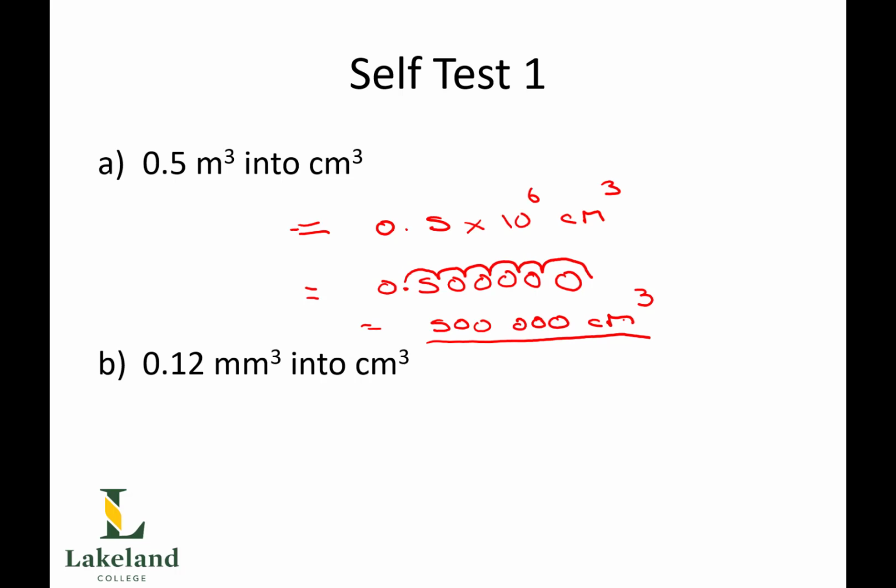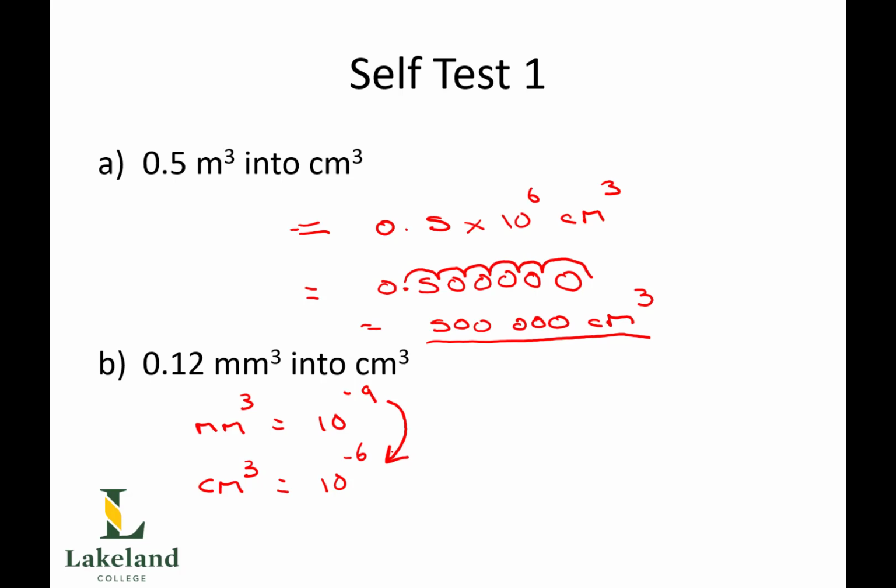For question B, 0.12 millimeters cubed into centimeters cubed. So first of all, how far is millimeters cubed in terms of our exponential? Well, that's milli times milli times milli, which is 3 lots of minus 3. So millimeters cubed is 10 to the minus 9. Well, what's centimeters cubed? That's centi times centi times centi. So centimeters cubed is 3 lots of minus 2. That's minus 6. So I'm going from minus 9 to minus 6, which means I'm going to shift the decimal